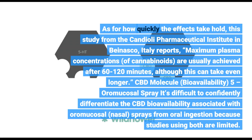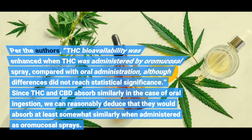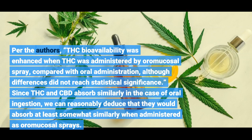CBD molecule bioavailability. Five: aromatherapy. Nonetheless, researchers suspect that CBD applied in this manner is more bioavailable, as in this National Institutes of Health finding out of Baltimore, in which participants were given both oral and oromucosal THC and CBD before undergoing blood tests. Per the authors, THC bioavailability was enhanced when THC was administered by oral mucosal spray, compared with oral administration, although differences did not reach statistical significance. Since THC and CBD absorb similarly in the case of oral ingestion, we can reasonably deduce that they